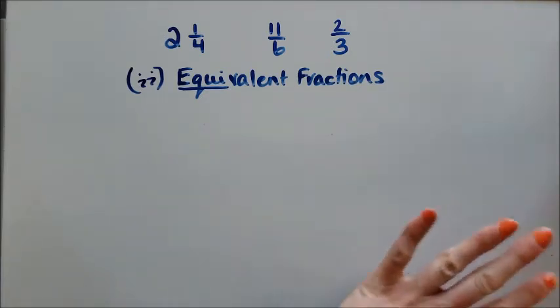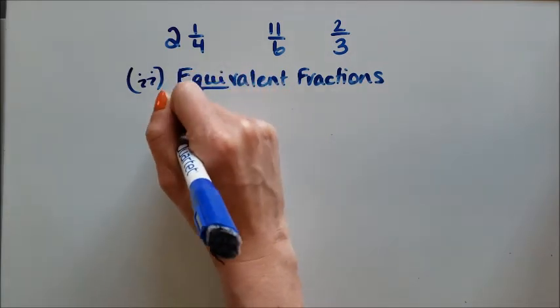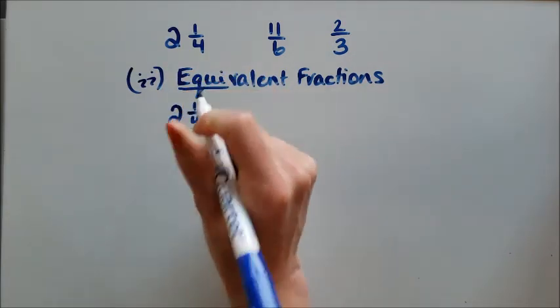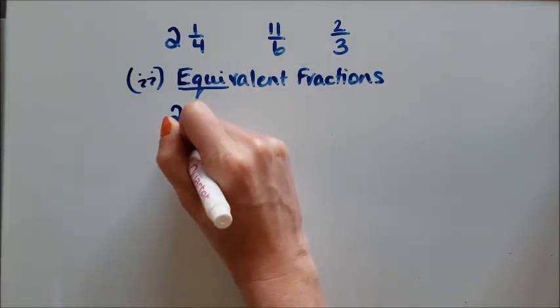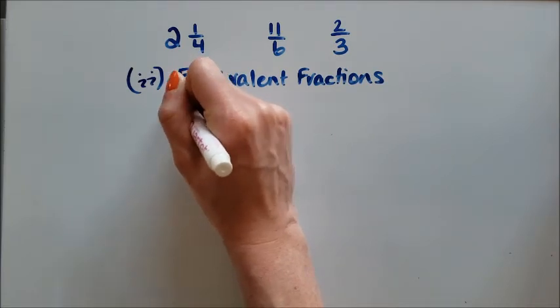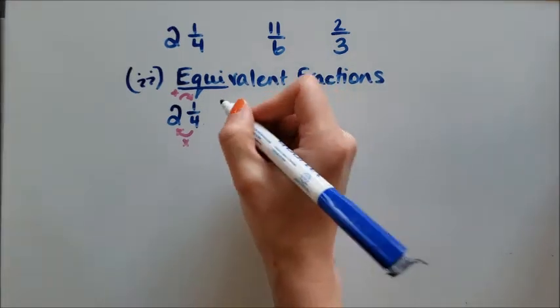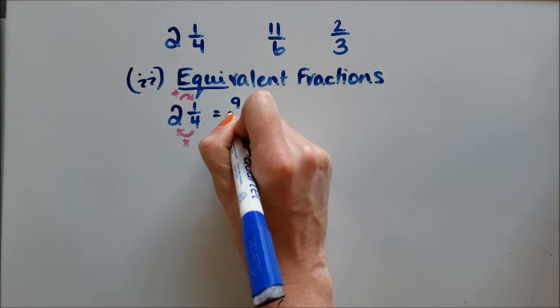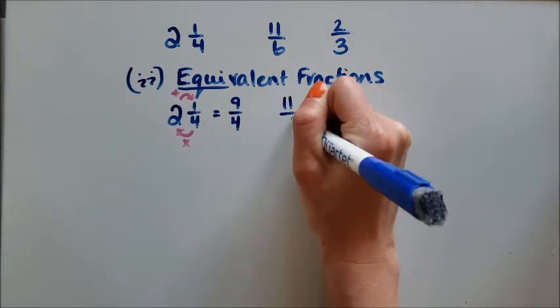So in order to do this, I need all of these written, first of all, as improper fractions. So the first thing I'm going to do is take this 2 1/4 and turn it into an improper fraction. So I'm going to multiply and then add, just like we learned in the last lesson. So 2 times 4 is 8, plus 1 is 9. So this is going to be the same as 9 over 4. So we're going to use 9 over 4, 11 over 6,